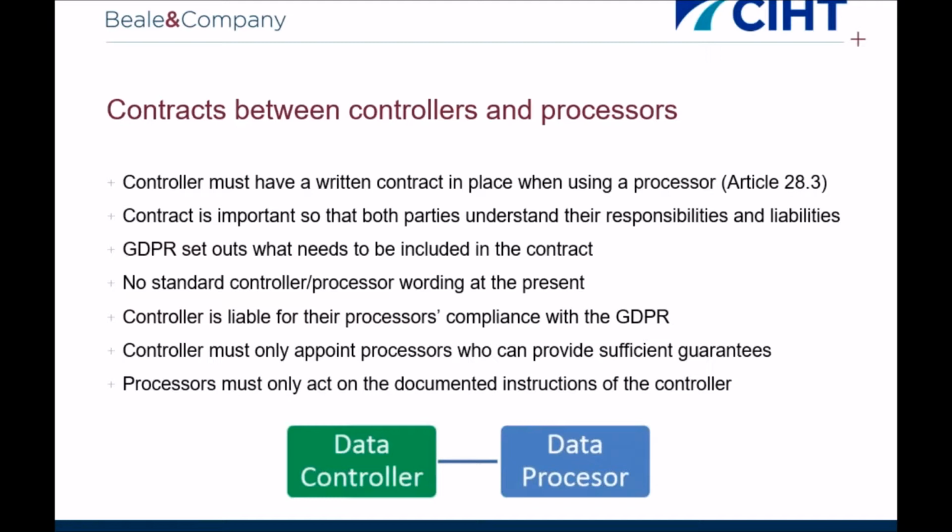The contract must set out the subject matter and duration of the processing, the nature and purpose of the processing, the type of personal data and categories of data subject, and the controller's obligations and rights. Contracts must include as a minimum the following terms requiring the processor to only act on the controller's written instructions, ensure that people processing the data are subject to a duty of confidence, take appropriate measures to ensure the security of processing, only engage sub-processors, so this is the sub-processor of the processor, with the prior written consent